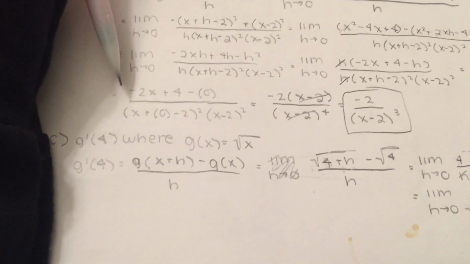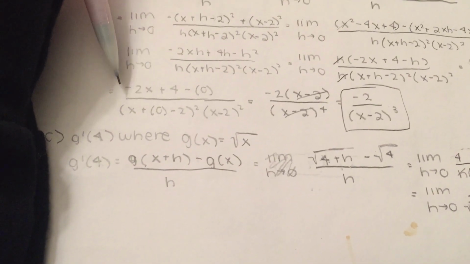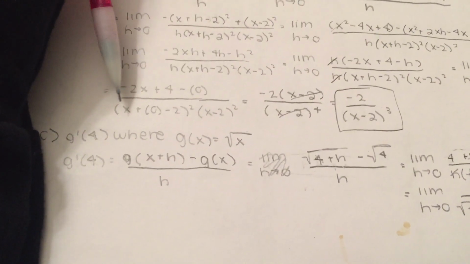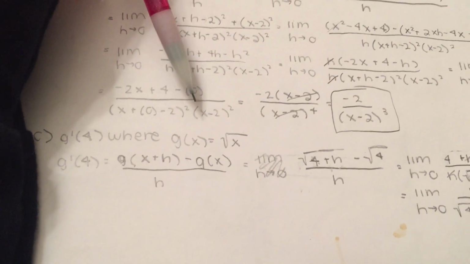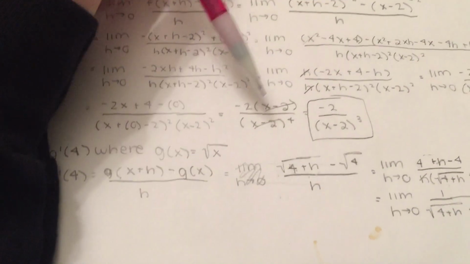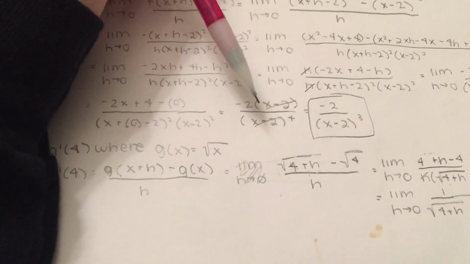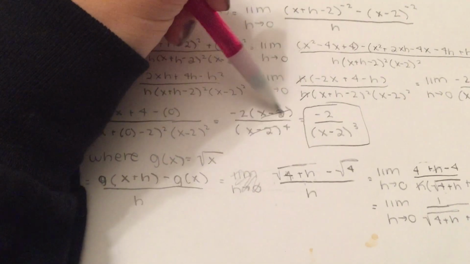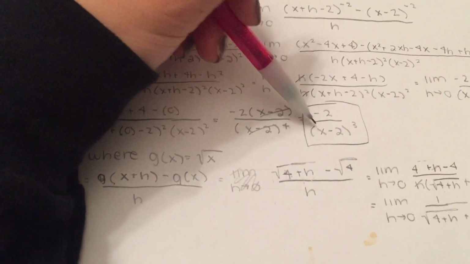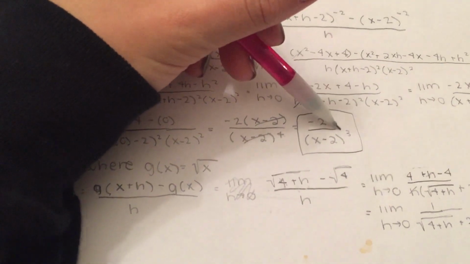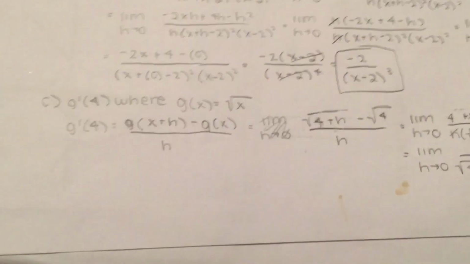Then we solve for the limit where we plug in 0 for h, so it becomes negative 2x plus 4 minus 0 all over (x plus 0 minus 2) squared times (x minus 2) squared, which equals negative 2 times (x minus 2) over (x minus 2) to the fourth. This cancels out with this, so then it becomes negative 2 over (x minus 2) to the third. The final problem